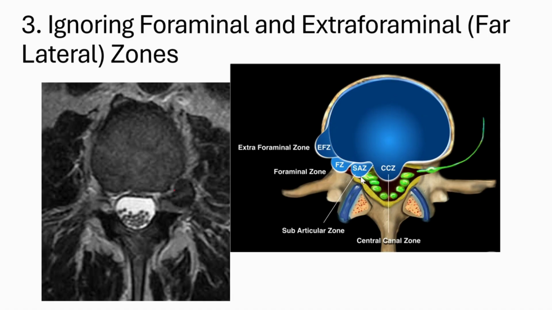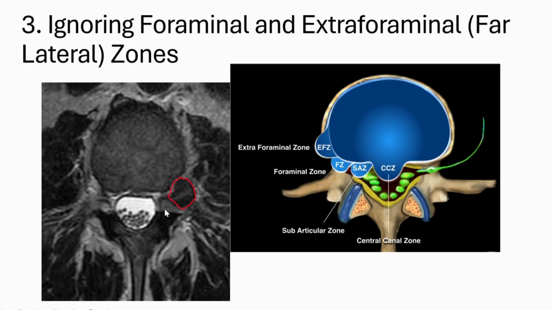Foraminal stenosis or exiting nerve root impingement is often underrated, so sometimes they are missed, and the far lateral disc herniation is easily missed on sagittal or axial images. So this is easily missed while only seeing the central region. As we can see in this image, there is a hypointense lesion noted in the left extraforaminal region. This is the disc protrusion noted in the extraforaminal region causing the left exiting nerve root compression.